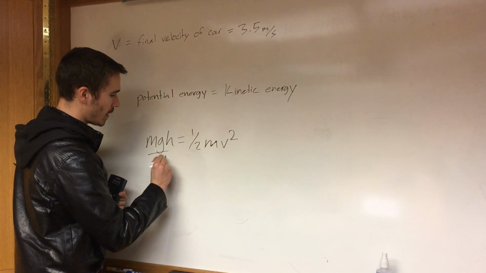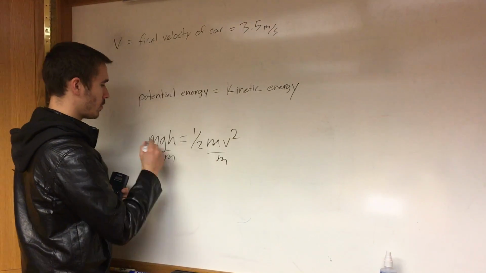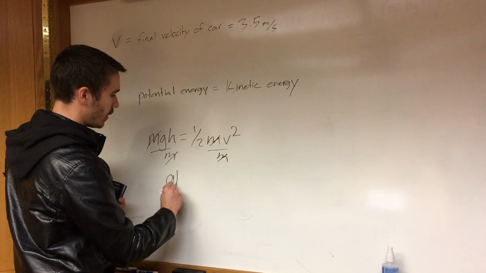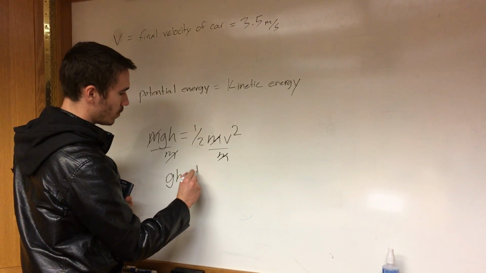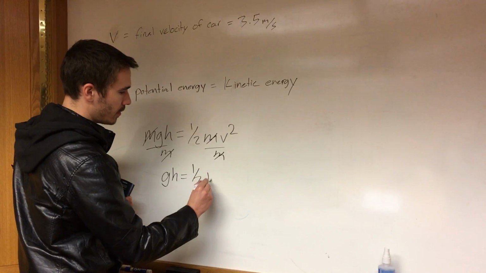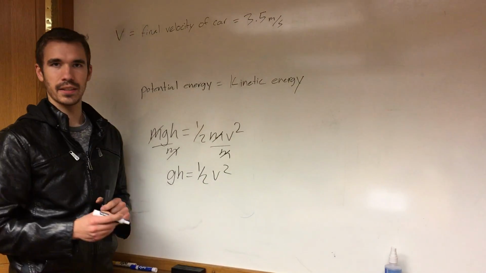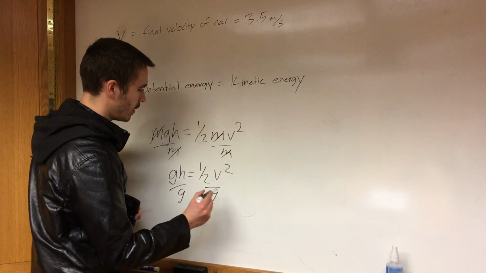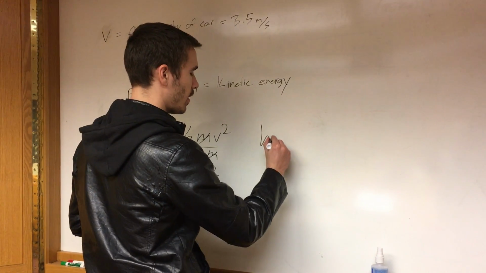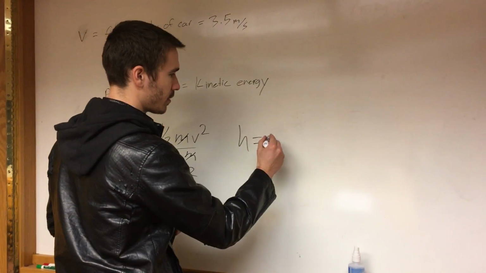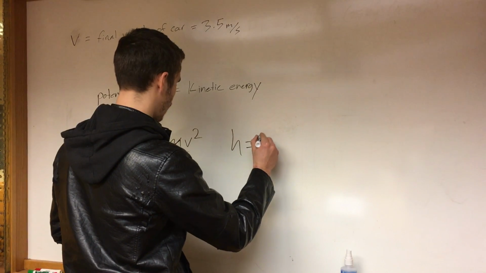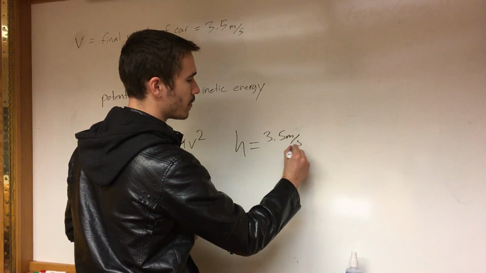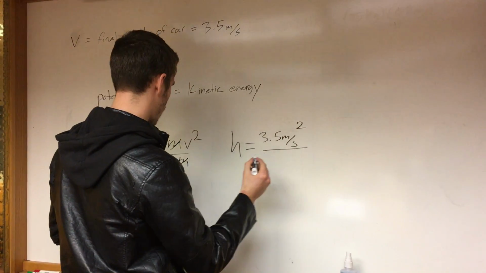Since we don't have mass, but it's on both sides, what we can do is divide by mass here and divide by mass here, which will cancel out mass on both sides, which leaves us with g times h equals 1/2 v squared. And then to get height all by itself, all we have to do is divide by gravity on both sides, which will give us a final equation of the height of the hill equals basically our velocity, which is 3.5 meters per second, squared,